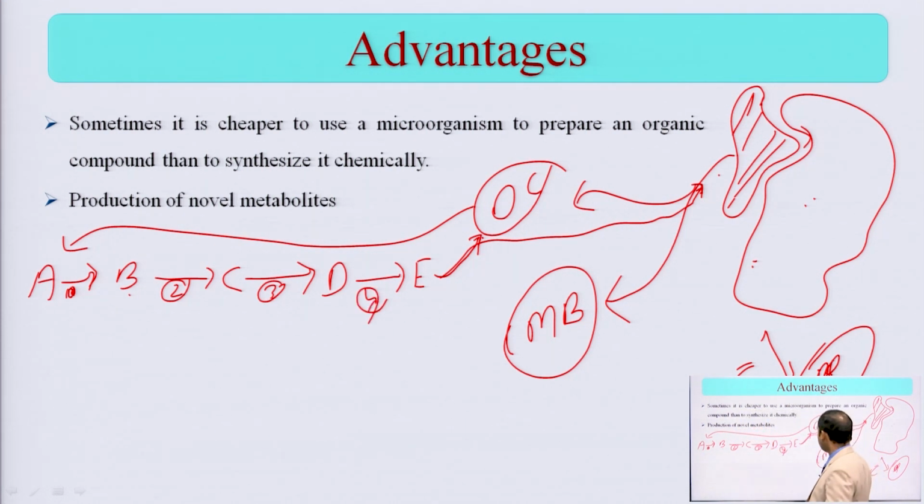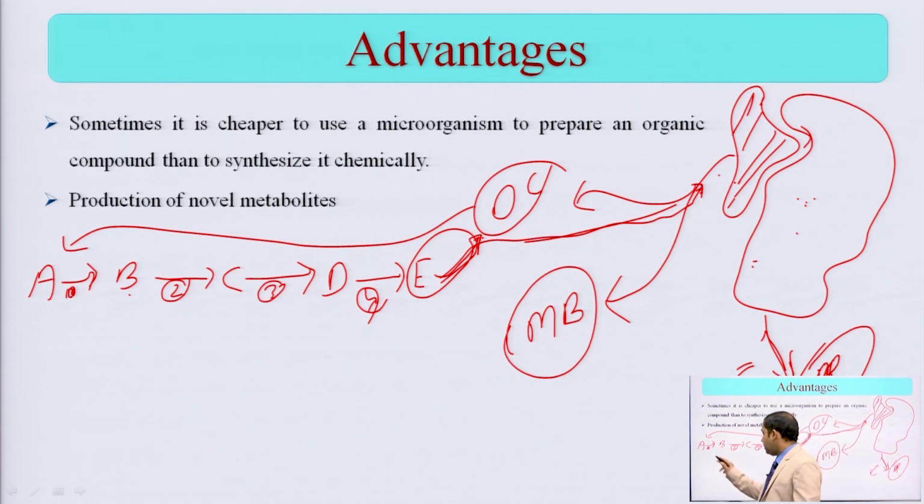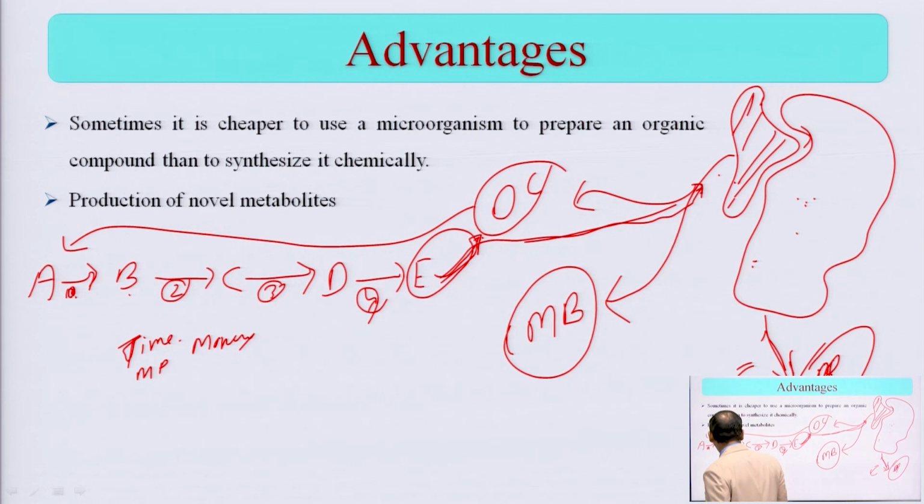After that, you got your ultimate desired product called E, and that works similar to this, and it is actually able to bind with a certain protein, and it may degrade or it may create your desired product. But in all the 1, 2, 3, 4, 5 reactions, you have to give some time. Let me write. You have to give the time, you have to use manpower, then you have to invest money, and sometimes it might be harmful because lots of chemicals are actually involved.